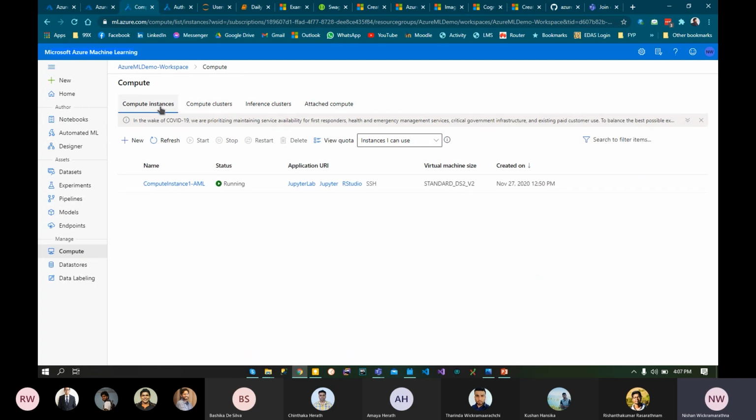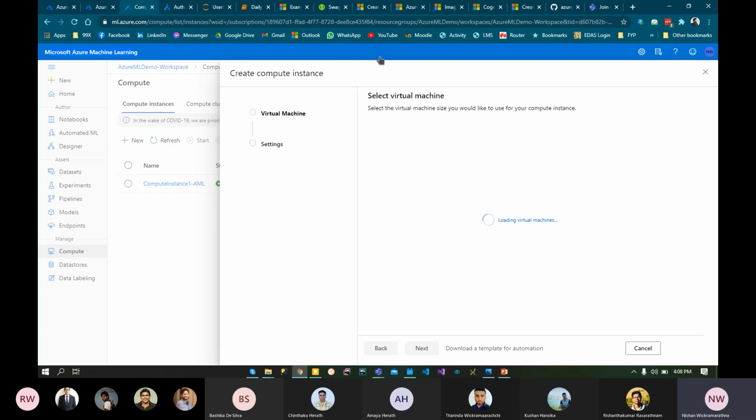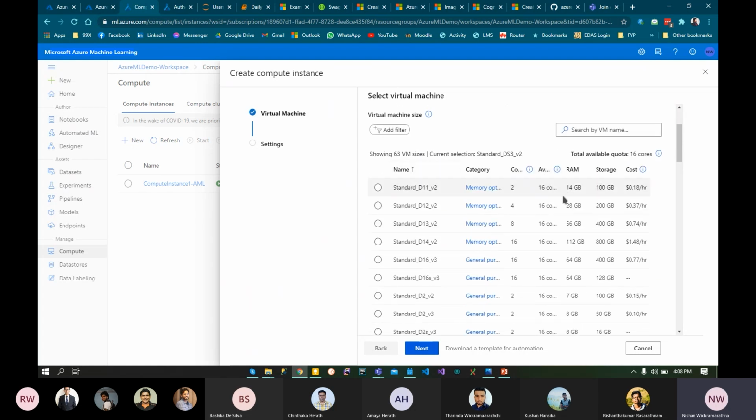These are basically machine learning virtual machines. To create a machine learning model, or to upload data, or to do any other kind of work, you have to have a compute instance created before you start working on training your models. To do that, you click on this new button, and then you will have the opportunity to select the things that you want to configure. As an example, you can configure the